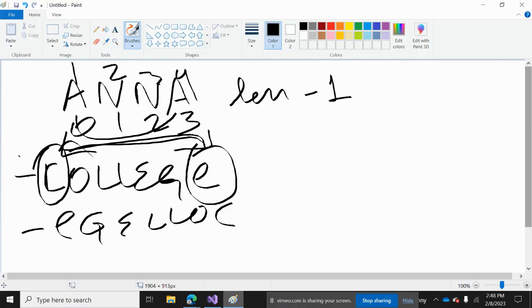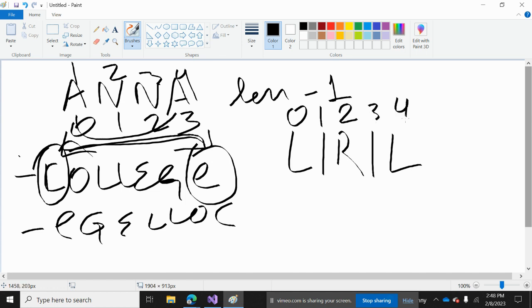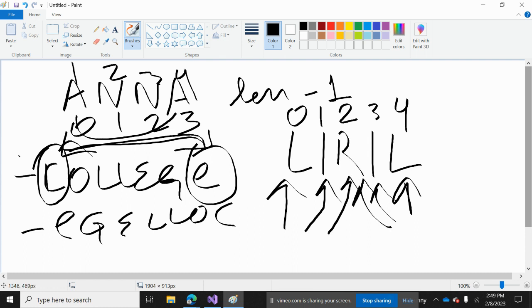Now let's go here again. Okay, let's do LIRIL. This is also a palindrome. Now it's 0 1 2 3 4. This is the position. Okay, so now where do we want this loop to stop? First it's going to check this and this, then we're going to check this and this. If we don't stop somewhere, this will check this here, and then it's going to go here, and the loop keeps on going all the way to the end. So we're going to stop somewhere that's going to be in the mid. Okay, to know where exactly is the mid,